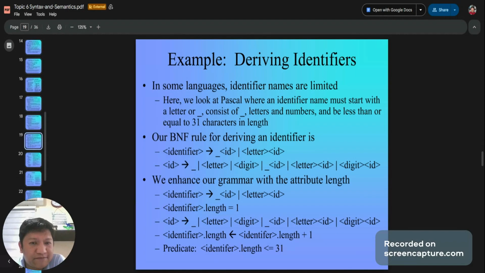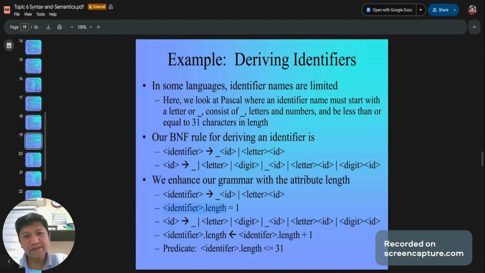The BNF rule for deriving an identifier is identifier, then can use underscore, ID, a letter or ID. Okay, this is how you can define an identifier. We can enhance our grammar with the attribute length.